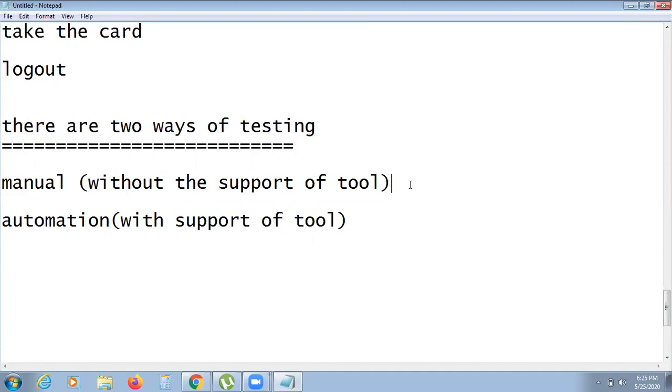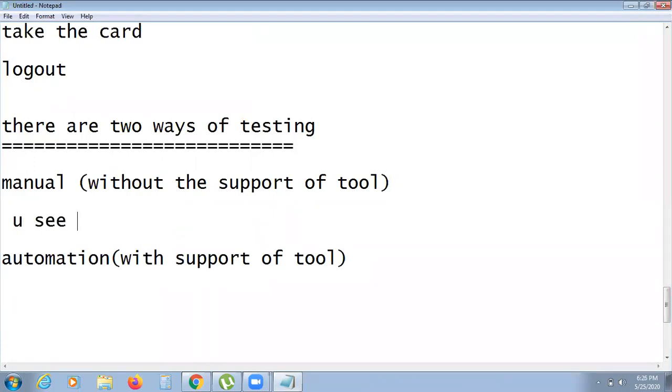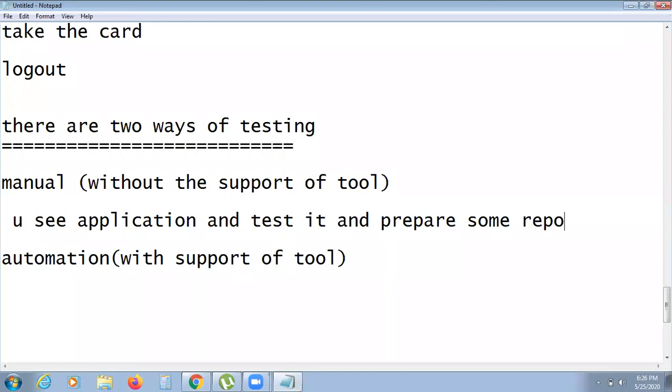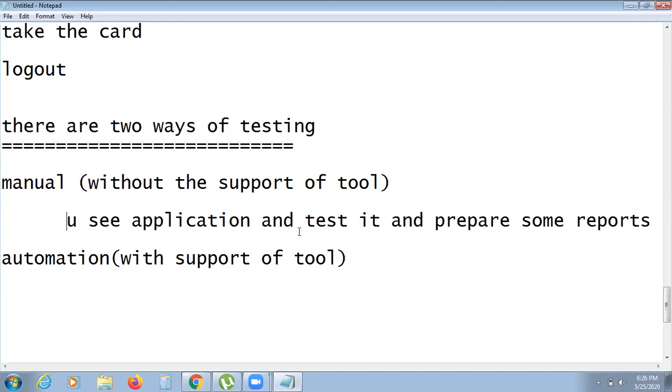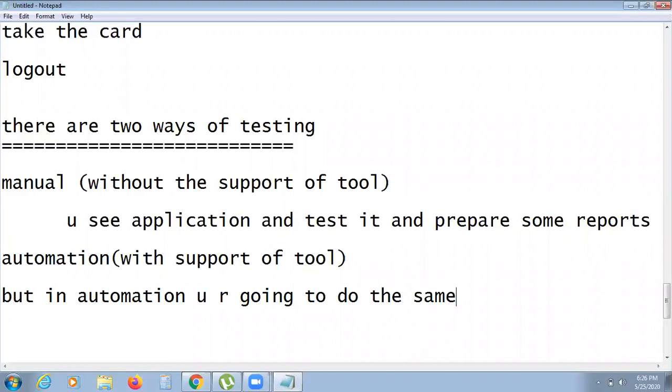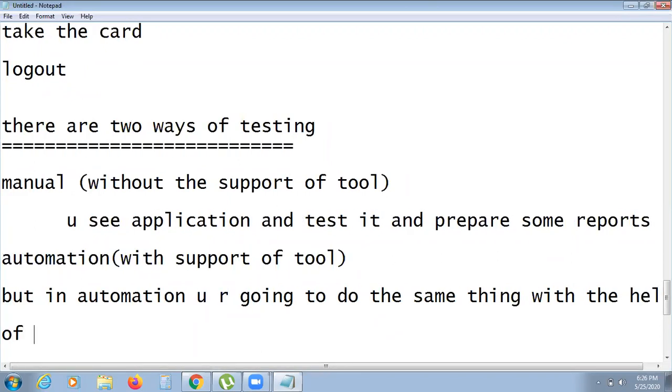Okay. So what do you do in manual? You see the application and test it and prepare some reports. We'll see what the reports are later. So you are going to see the application, test the application and prepare the report. But in automation, you are going to do the same thing with the help of some tools,